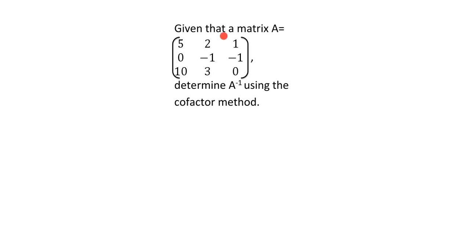Given that a matrix A is [5, 2, 1; 0, -1, -1; 10, 3, 0], determine A inverse using the cofactor method. So here we are finding the inverse of our matrix, which is a 3 by 3 matrix, and we are using the cofactor method. So first of all,